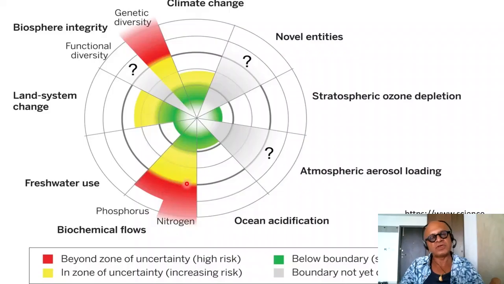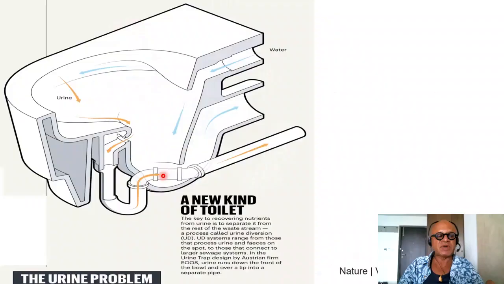Okay, so the urine story relates obviously to nitrogen. Since the Haber-Bosch process in the early 1900s, especially after industrial scale production of fertilizers, the use of fertilizers for agriculture has obviously been very beneficial in terms of the green revolution, increasing food production, reducing starvation, and so on. But it has also resulted in us crossing the safe operating boundary for nitrogen, but also for phosphorus. So the idea of this paper that I want to discuss here in more detail is about separating urine.